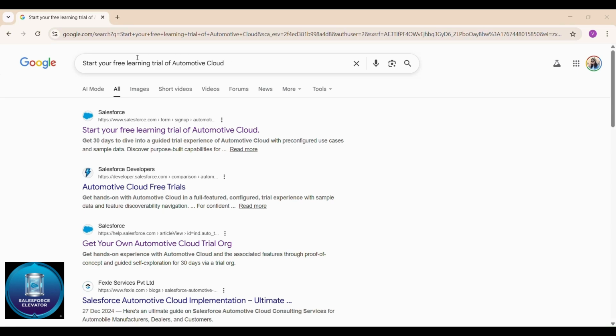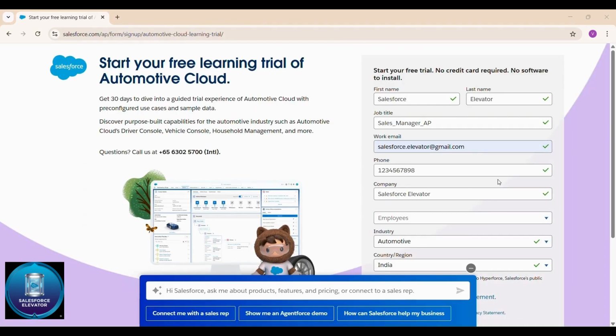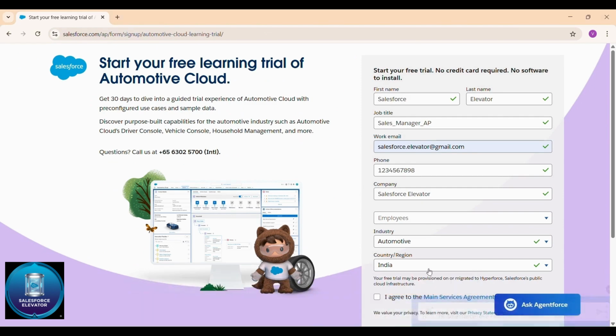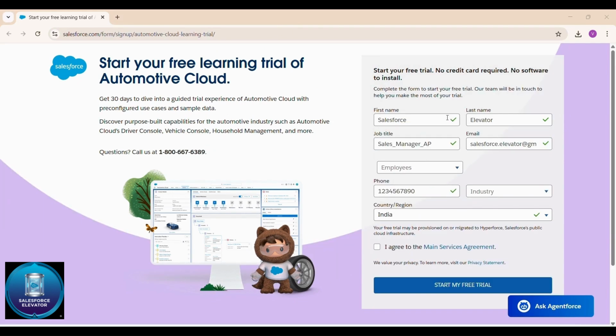To get started with your Salesforce Automotive Cloud trial, begin by searching for Start Your Free Learning Trial of Automotive Cloud on Google. Click the official Salesforce link to reach the registration page. Once there, fill out the form with your professional details, enter your first and last name, job title, and a